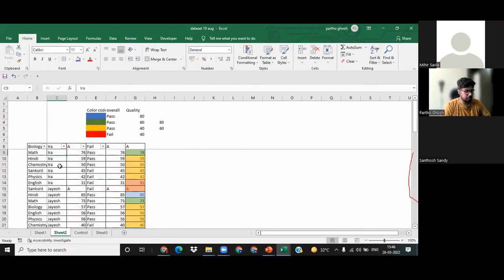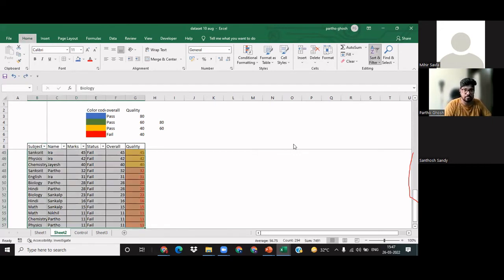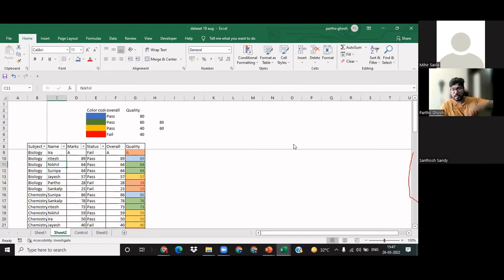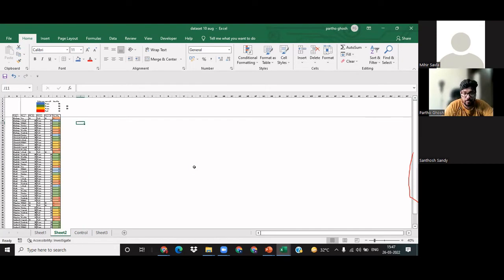Now let me just sort this once more. So now you can see that this is randomly arranged. I have removed the sort function where it is not in any specific order. It is now only alphabet from this side. So if I just zoom out, as you can see,